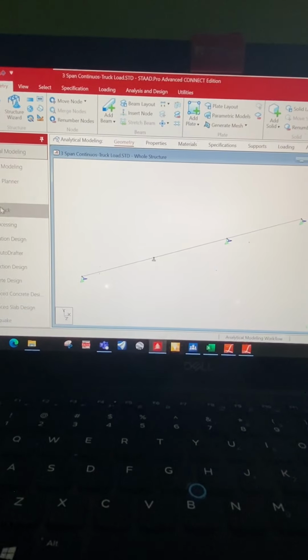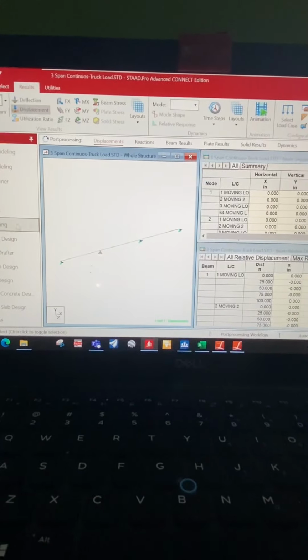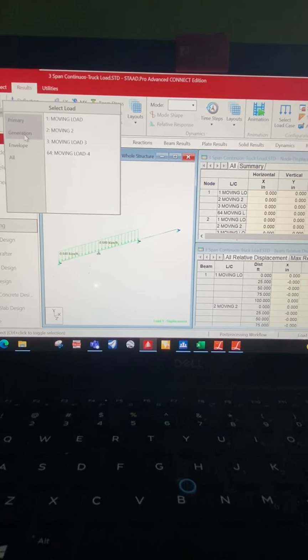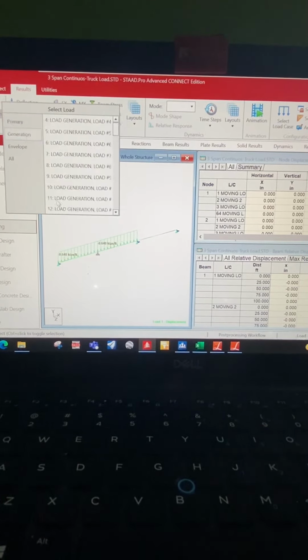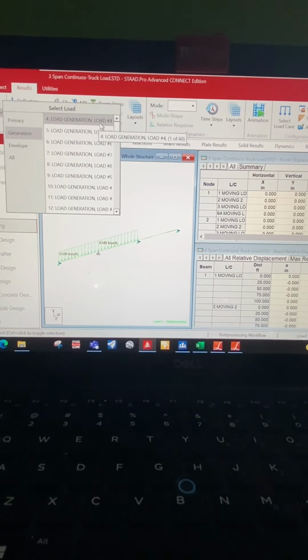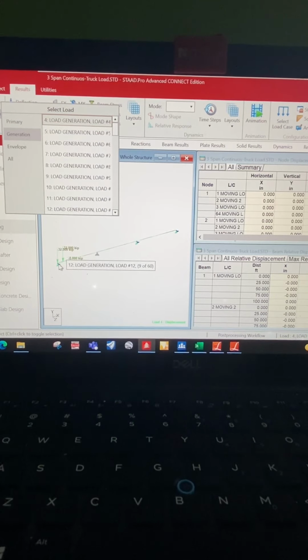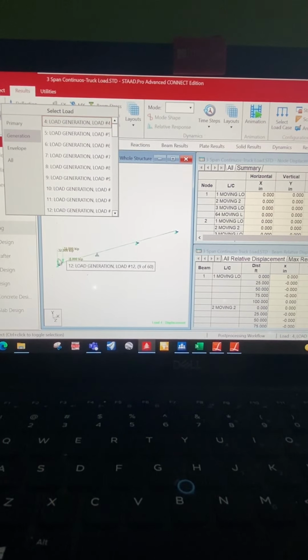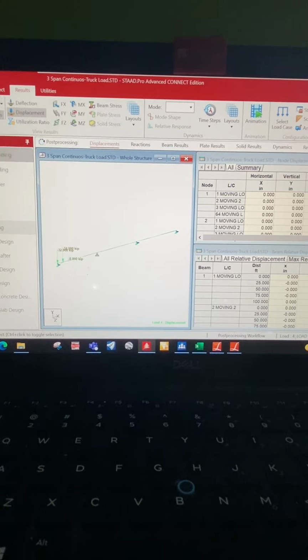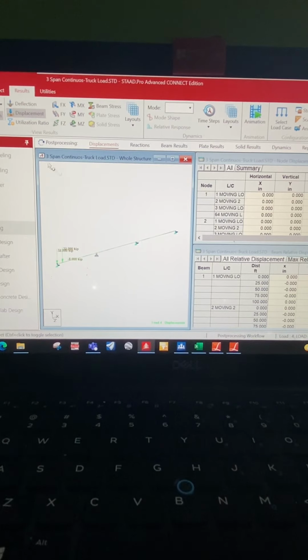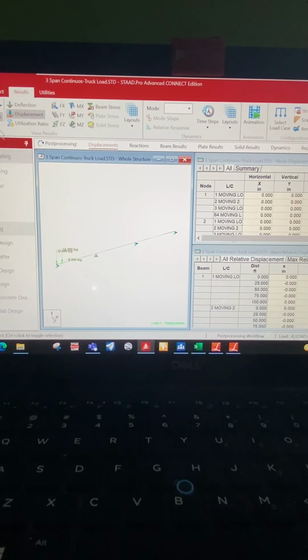Then we ran a truckload moving load analysis, starting from the beginning. It says an HS20 truck, and we have it move forward every 5 feet, and we came up with the maximum